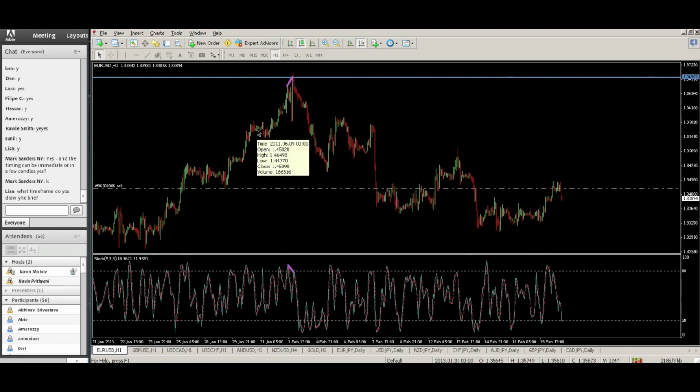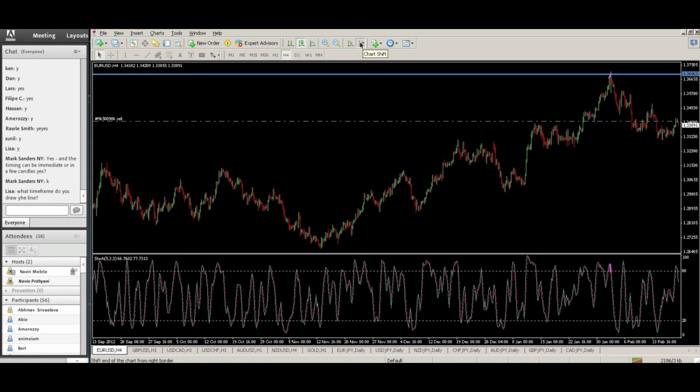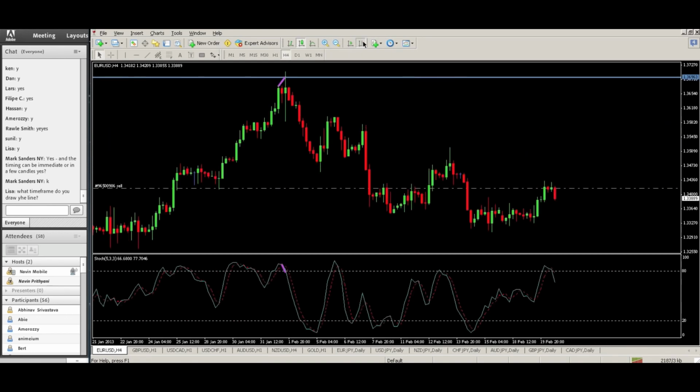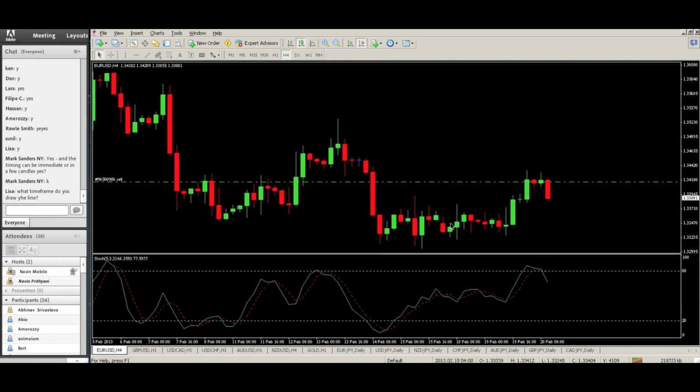What time frame do you draw the line? You begin with 1 hour and you work your way up. I'm going to explain that to you guys right now. In our conference room at Forex watchers, we were looking at the 4-hour chart today on Euro USD. Okay, this is in fact why I have a trade running. Now take a look at this. I'm going to remove all these lines. I'm going to zoom in a little bit more. Take a look at this.